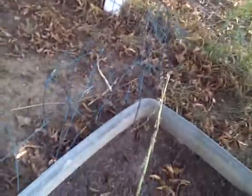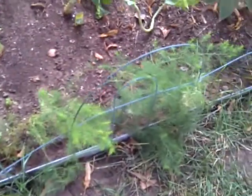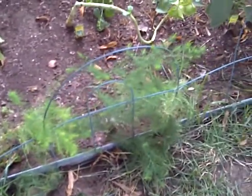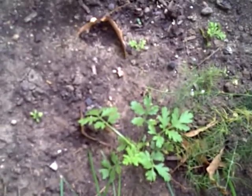The bok choy's gone now. So pretty much it's, oh, and the asparagus, it's never done anything. I don't know what the deal is. It just didn't do well. Probably won't be buying that again. I'm really excited, though. I don't think they have much time left because the harvest time is so short, but